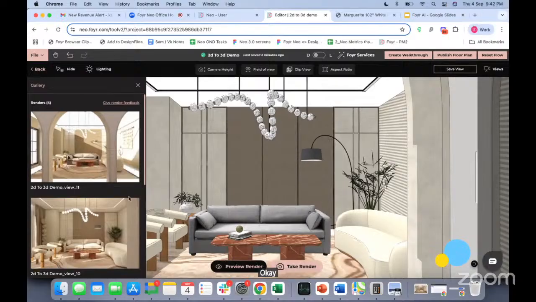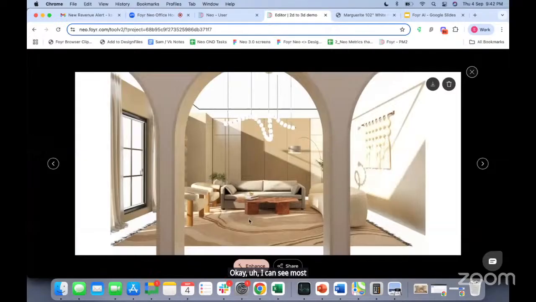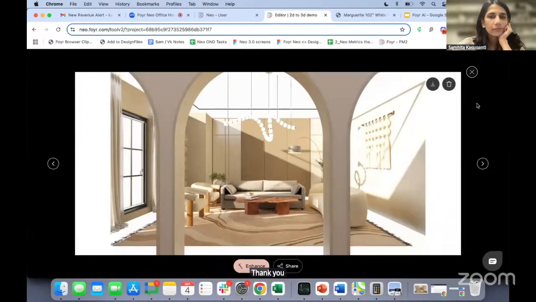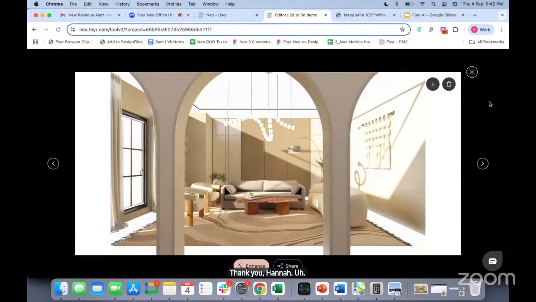Okay. I can see most of them are very excited about this feature. Thank you, Hannah. Camelia has one more question. Can you